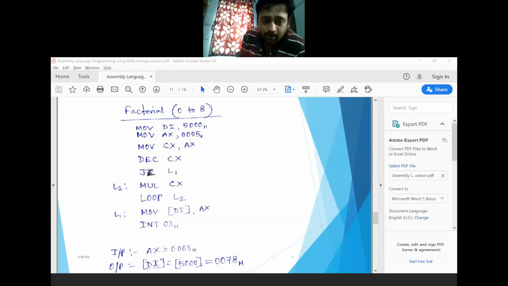So I have got the numbers 0005 and 0004 in AX and CX, these two registers. Then I need to multiply these two numbers. The accumulator content is used, and by default DX is not used, so you have to initialize DX here in this position. Right now you have to write down the instructions one by one. First write down the instruction MOV DI, 5000, that is the first instruction.